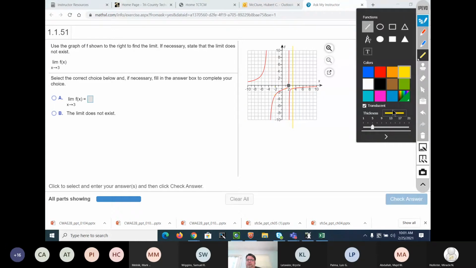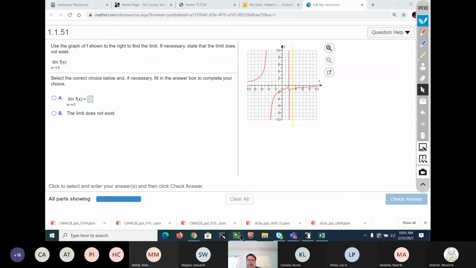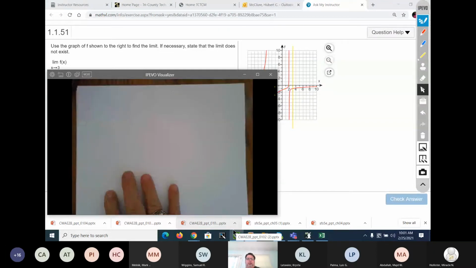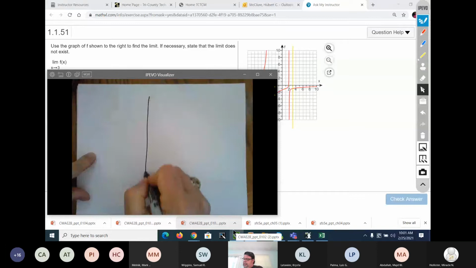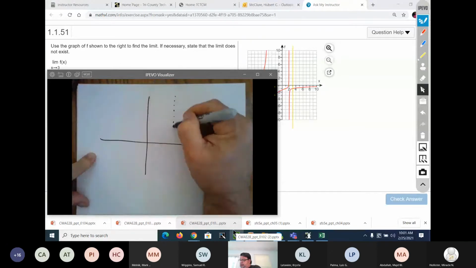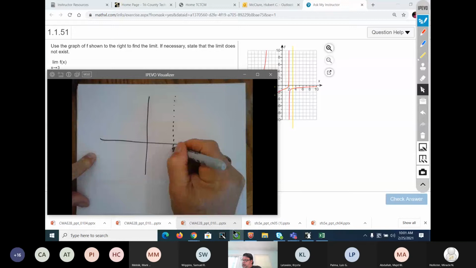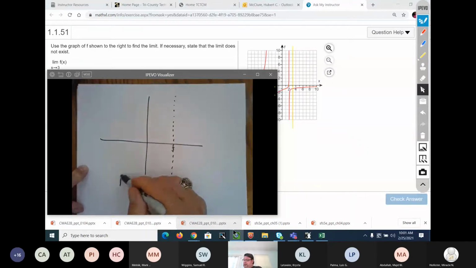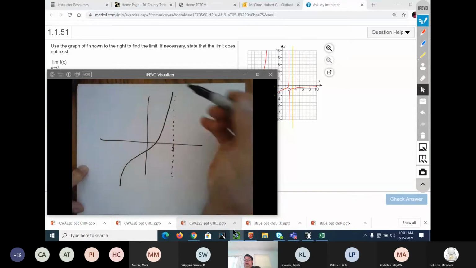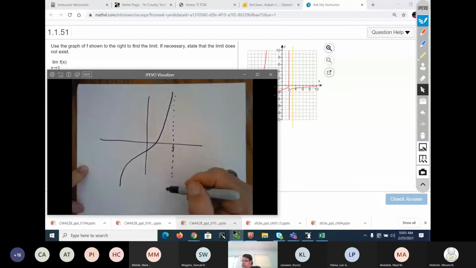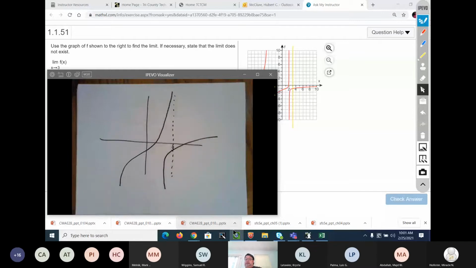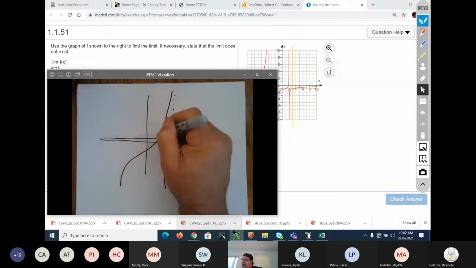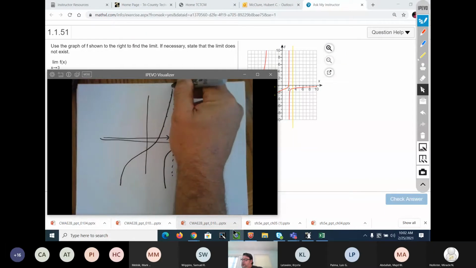I'm trying to do both. I'm trying to show you what's going on with the whiteboard. This is 3 right here. X is equal to 3. And I've got a line going something like this, like that. And I got a line going something like this, like that. All right. As I approach 3 from the left, here's my y. It's going up, it's going up, it's going up, and it keeps on going, but it never